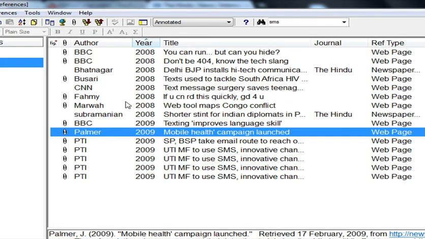So friends, this was a very introductory part of the EndNote, and the more elaborate portion can be seen at the EndNote website also, because these types of videos are available there free of cost.